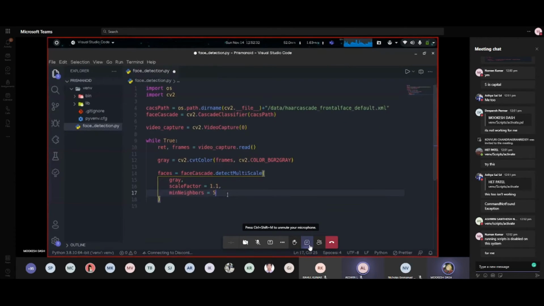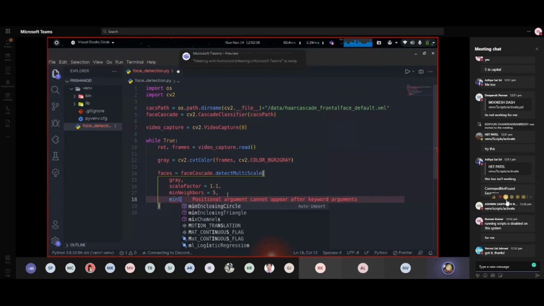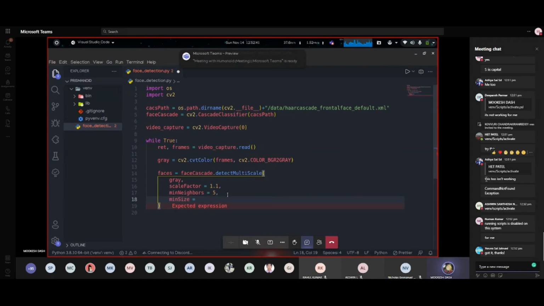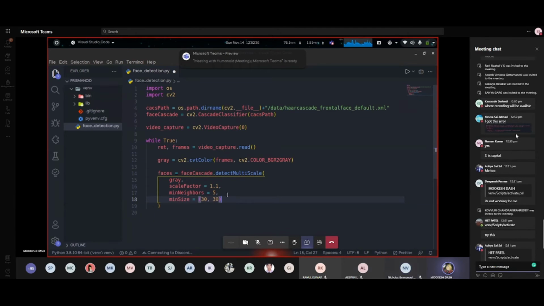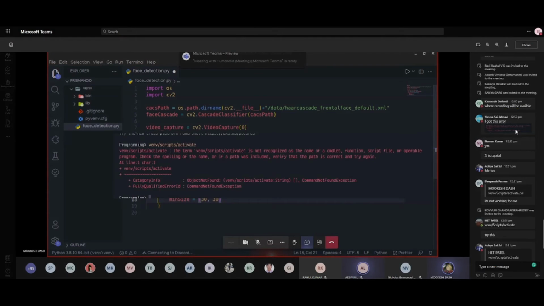So I'm continuing here. Then we have to define min size, the minimum size of the face we want to detect. Let's give it 30. It will be a tuple. I hope you know what a tuple is. Objects smaller than this size are ignored. So this parameter determines how small a size you want to detect.